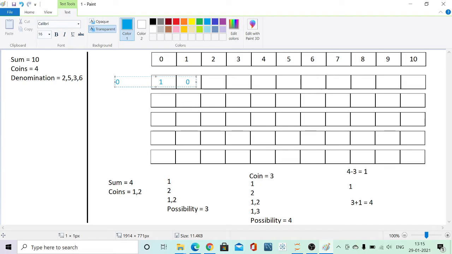No, there is no possibility that I can reach a sum of 1 using the coin of denomination 0. And similarly, the possibilities of reaching any other sum other than 0 is 0 by using the coin of denomination 0. So I will fill 0 here. This is required because we have to code at the end and our initializations are usually from 0 while coding.